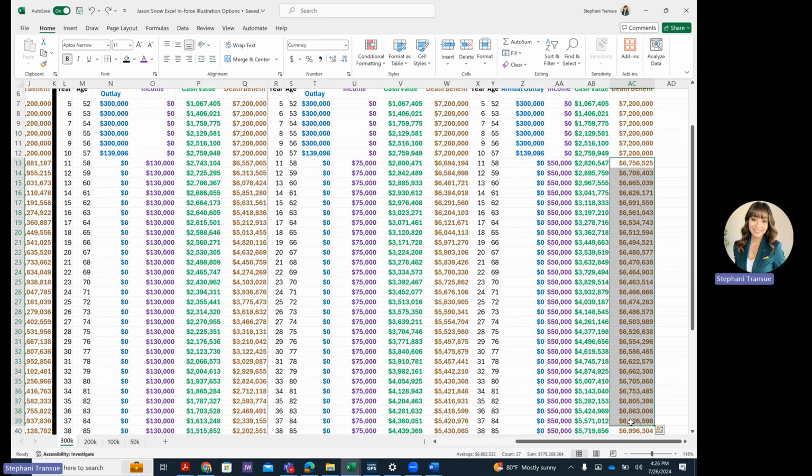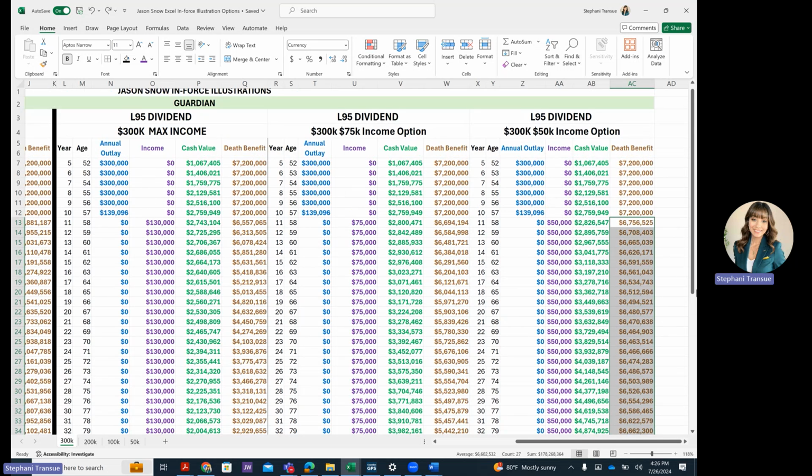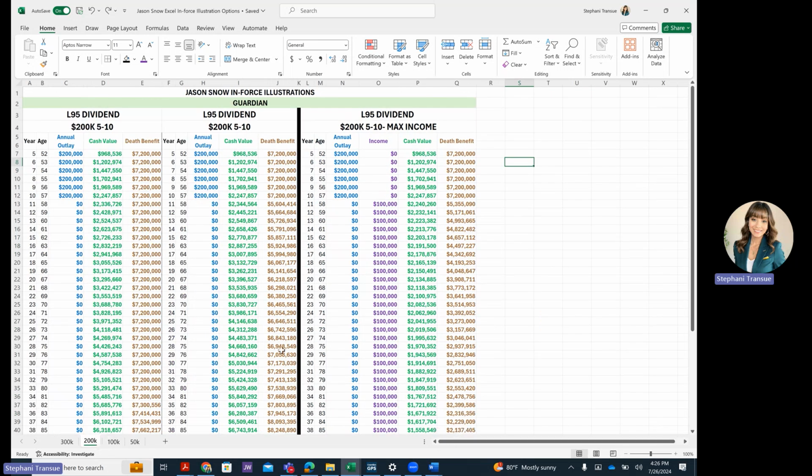Again, it all depends on what you guys prefer, and especially making sure that the kids are set for life, especially if something happens to you guys. We want to show you the different fundings as far as income when it comes to the max funding. We can do the same illustrations for the rest of the illustrations that we prepared. For the rest of the funding options, we did show only the maximum income available. So it gives you an idea on how it will perform.